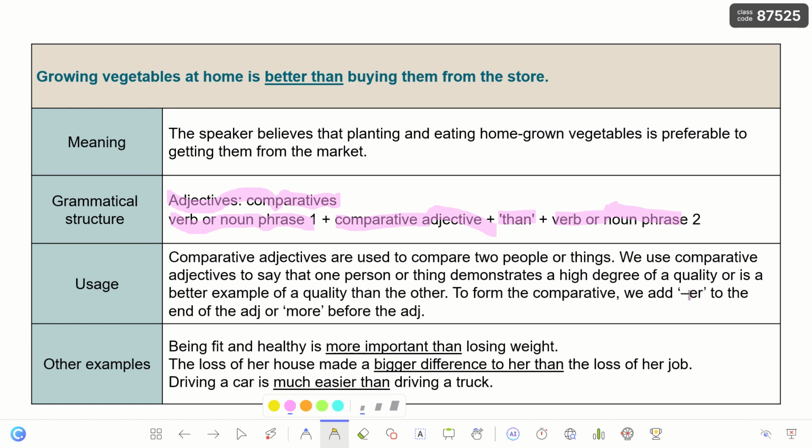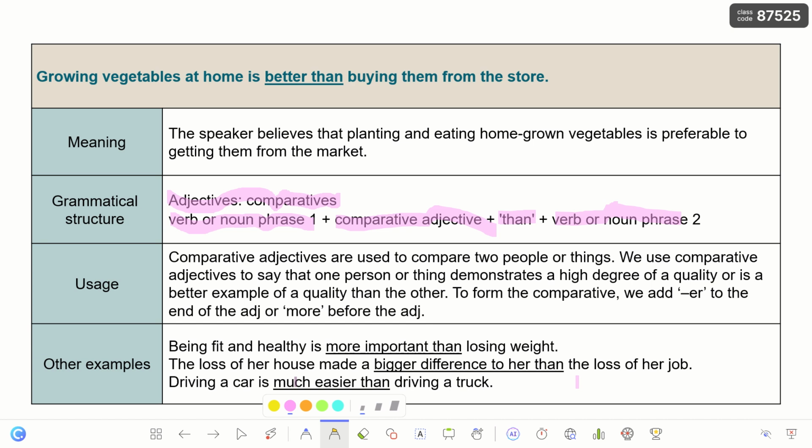So the rule is either we add er to the end of the adjective or we add more before the adjective. It depends on the number of syllables in the adjective. If the adjective is too long that I can't add er, like beautiful, can I say beautifuler? It's difficult to pronounce, so because of that we add more before. Importanter? No, more important. Expensiver? No, more expensive. While if the adjective is short, like big, hot, short, tall, we just add er, a bigger